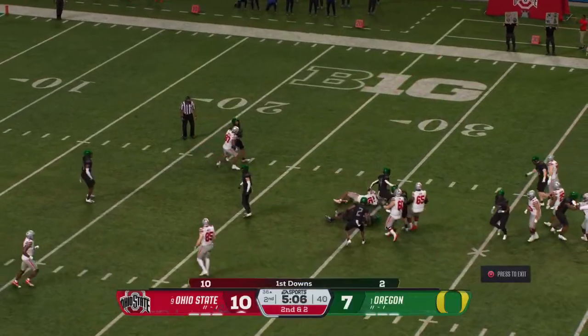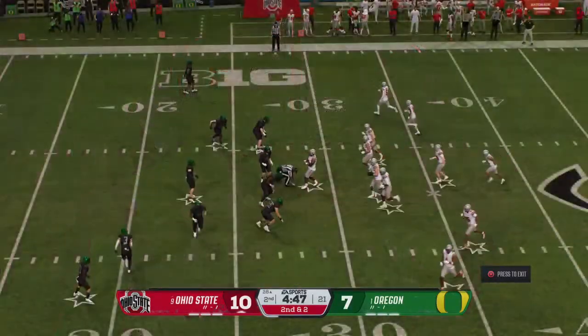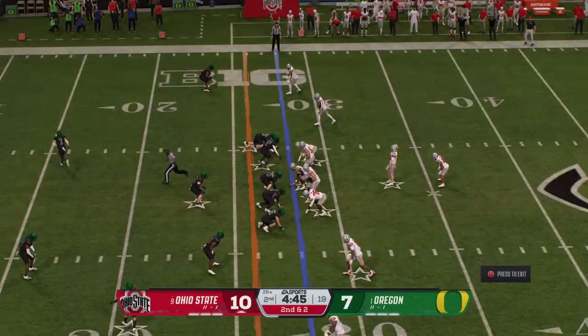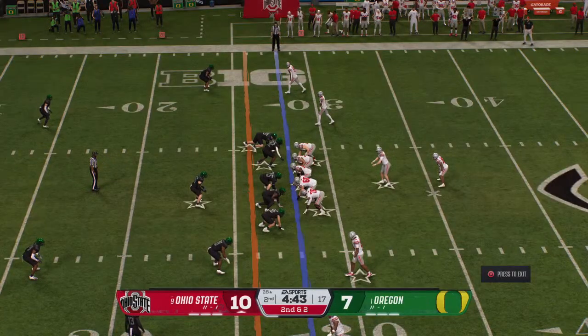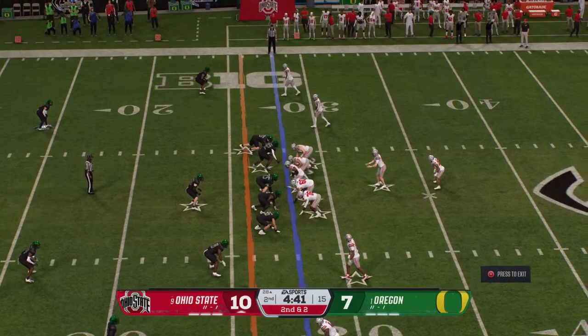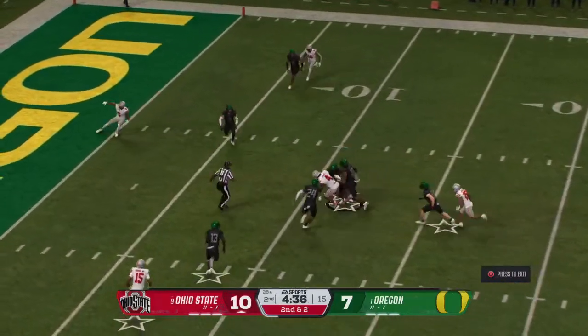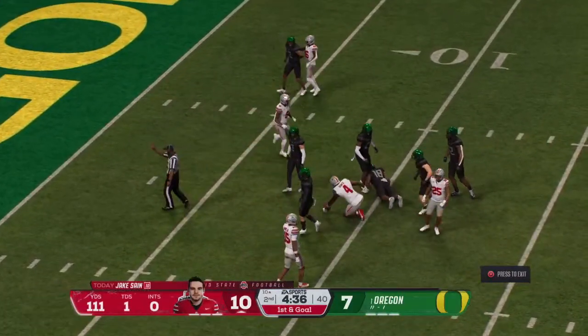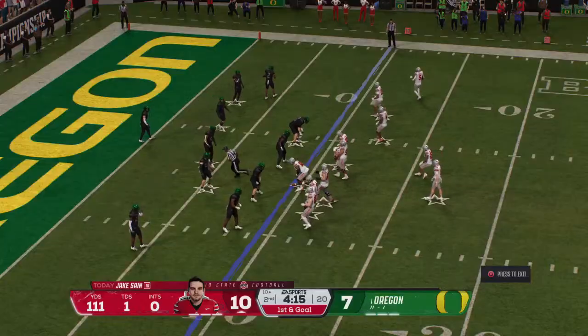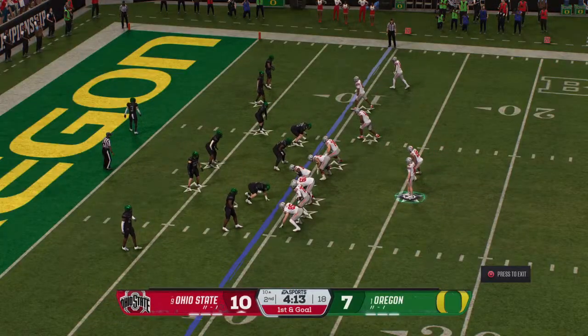Catch made over the middle. They bring down the receiver, but that's a nice gain on that play. A completion makes it 2nd down. Off the play fake, he'll look to throw it. He's got it with room to run. They bring him down, but the gain sets up the offense 1st and goal from the 10.